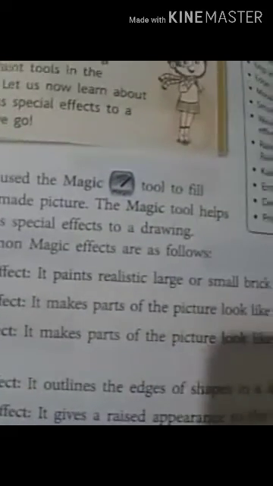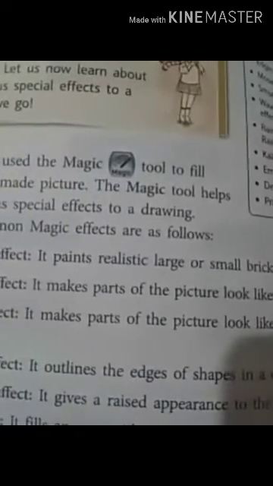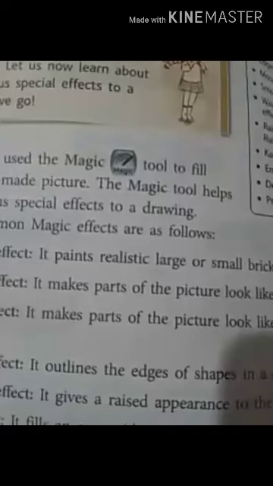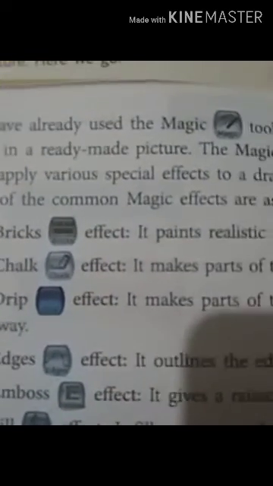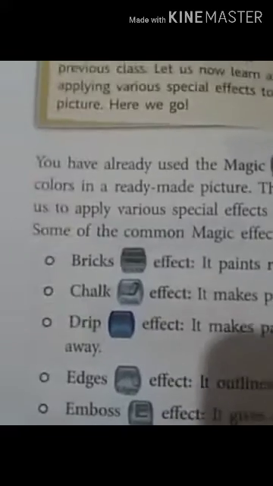What is the work of the edges effect? It outlines the edges of the shapes in a drawing. If you made a drawing at home, what will you do? You make an outline with a colorful pen or black sketch pen. So here with this edges effect you may give an outline to your drawing.